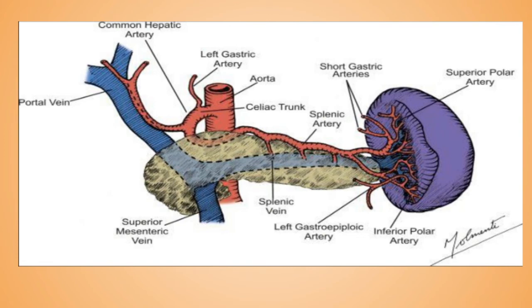Now, according to some theories, known as the closed theory of the splenic circulation, the capillaries are continuous with the venous sinusoids that lie in the red pulp. The sinusoids then join together to form the vein. Well, according to the open theory of the splenic circulation, the capillaries end by opening in the red pulp from where the blood enters the sinusoid through their walls.